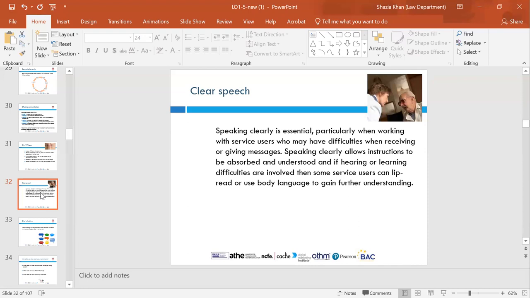So in health and social care, clear speech is really a way of speaking that means every word, sentence, and idea is spoken clearly and simply. Speaking clearly is essential, particularly with service users who may have difficulties receiving or giving messages. Speaking clearly allows instructions to be absorbed and understood, and if hearing or learning difficulties are involved, then some service users can lip read or use body language